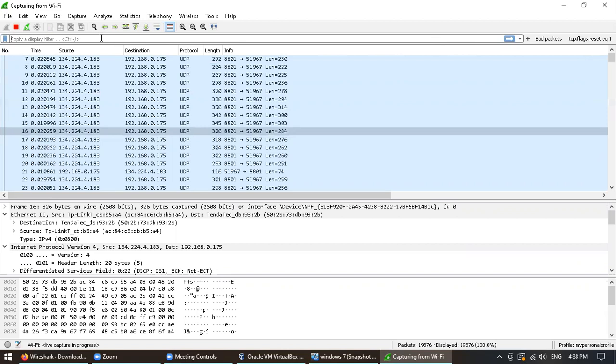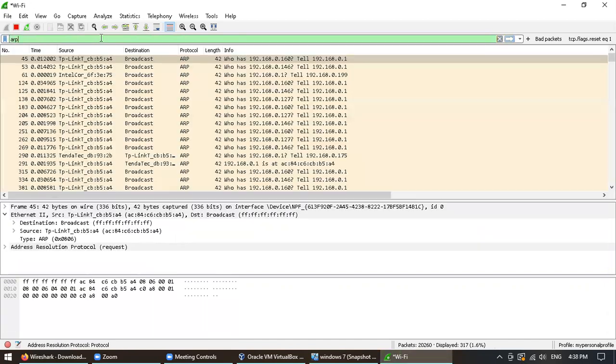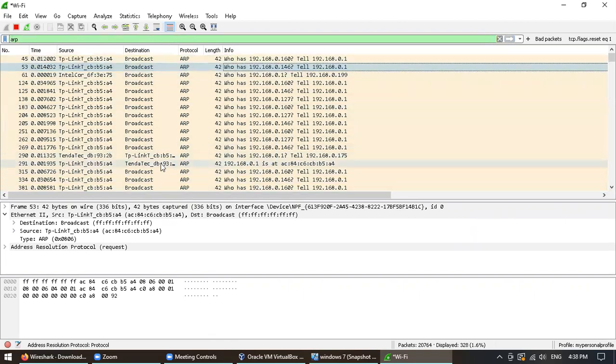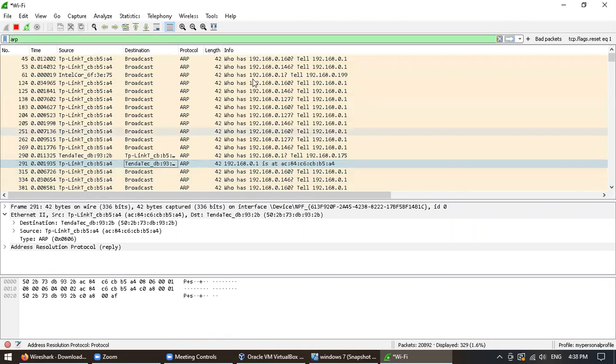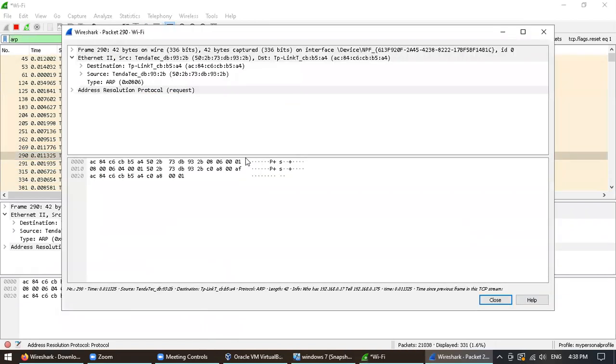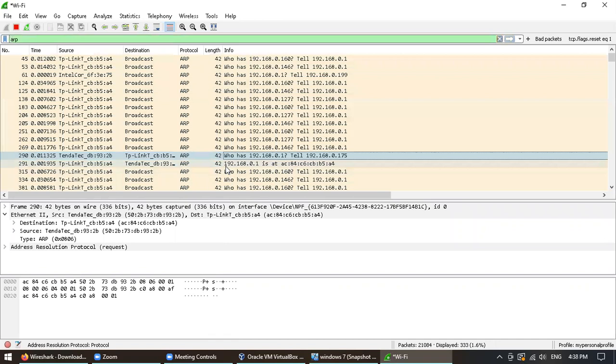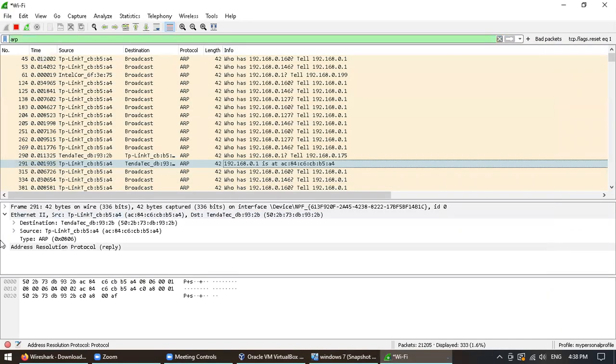Suppose I want to filter a protocol which is ARP. So I will just enter ARP. That's ARP, and you can see that someone is sending an ARP request and someone is getting an ARP reply. If I just double click here, or even in here below it, I can see what type of request it is.